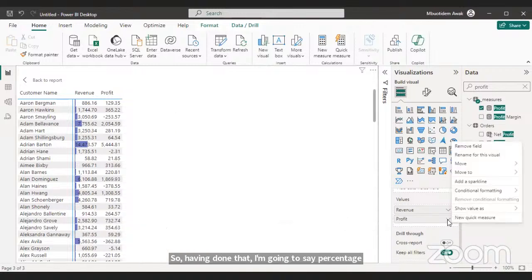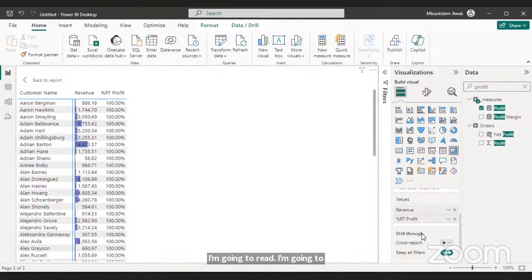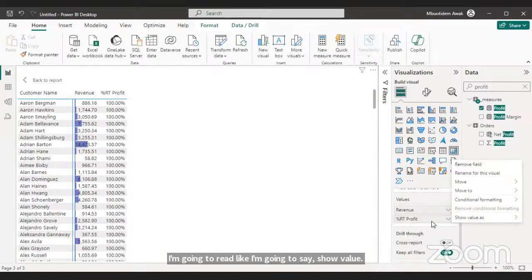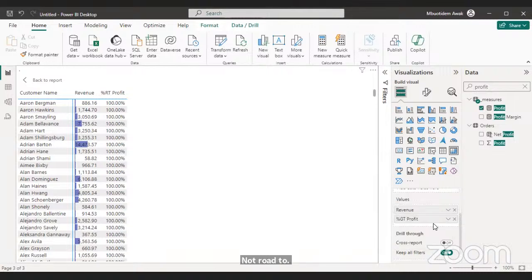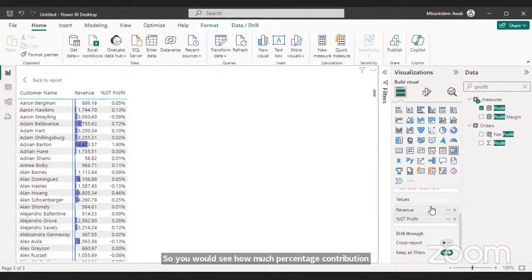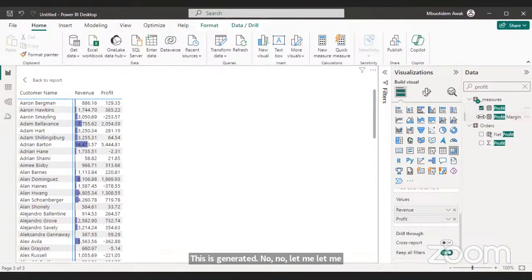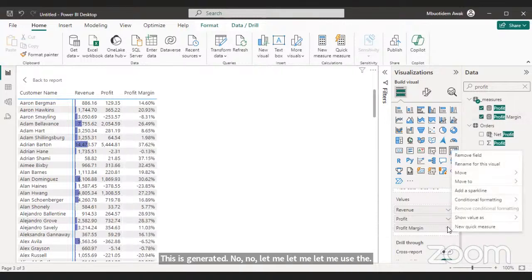So let's use profit. I'm going to right click. I'm going to say show values as percentage of grand total. So you would see how much percentage contribution this is generating. No. Let me use the profit margin rather. Let's use profit margin